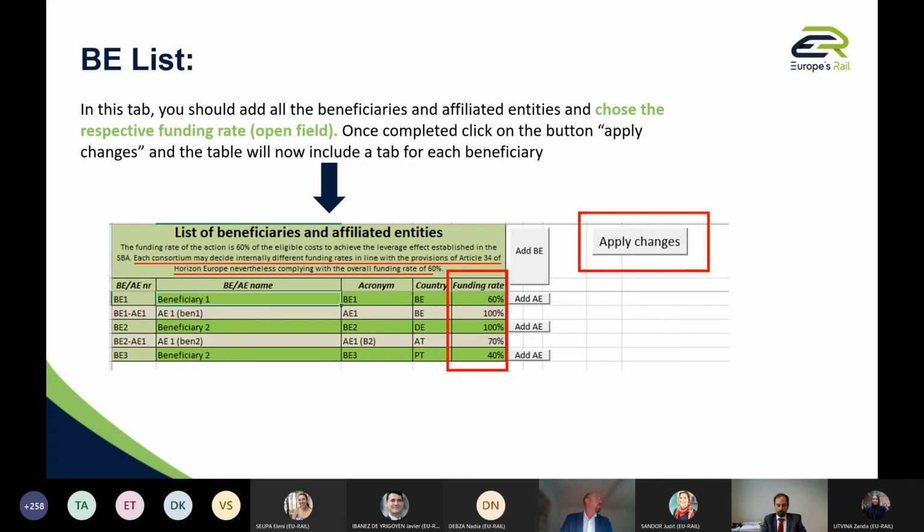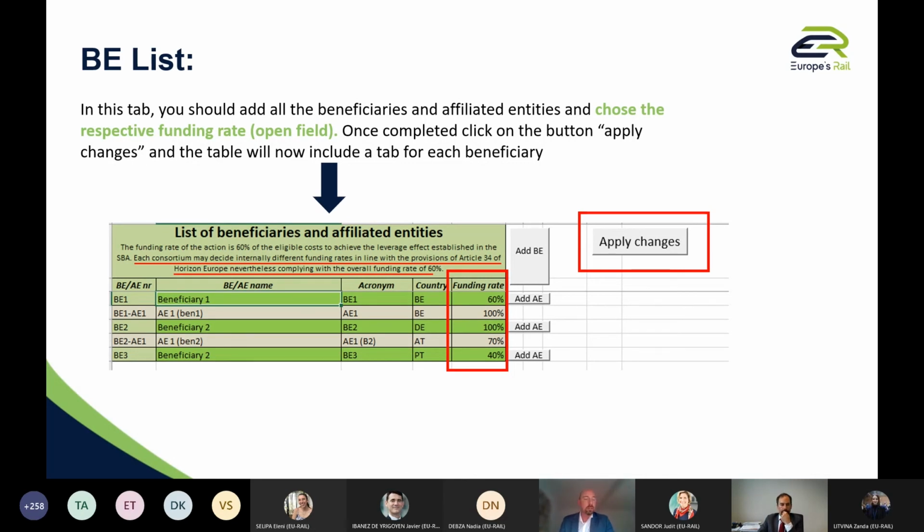This funding rate of 60% ensures that we comply with the SBA objective, and that also means that we also intend to comply with the rules applicable on the funding rate for Horizon Europe,